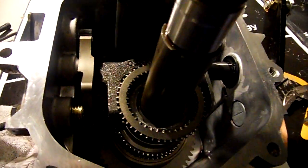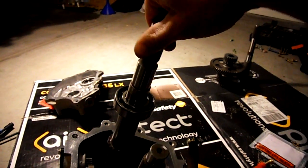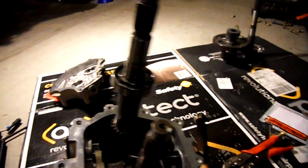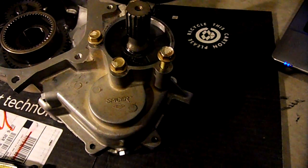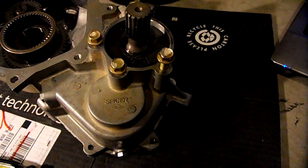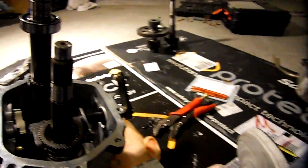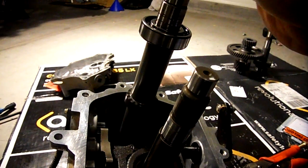Anyways, I got those parts in there before I took it all apart, before I knew what was wrong with it. Well, this is where the power comes in from. So this is going to be, what do they call it here? Your clutch shaft. Alright? No, that's not the clutch shaft. This is the clutch shaft. Anyways, this is coming from your secondary clutch. This is where the power's coming into this